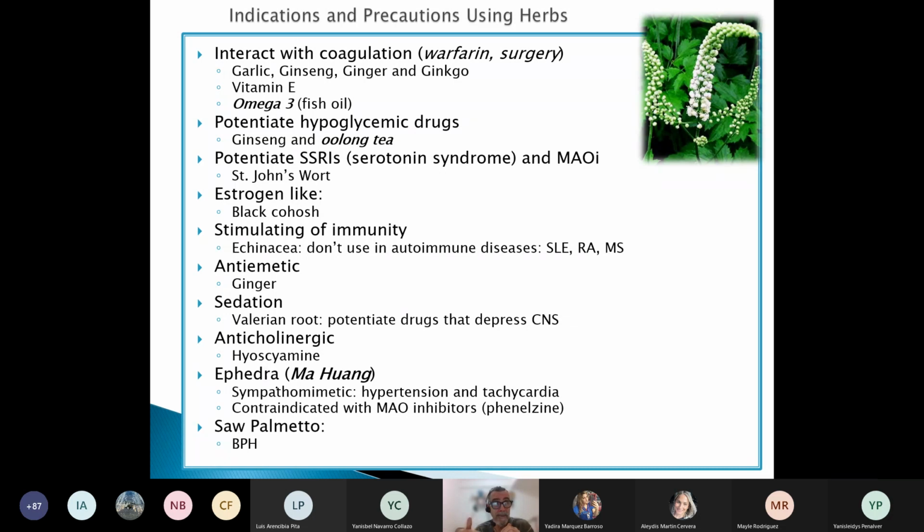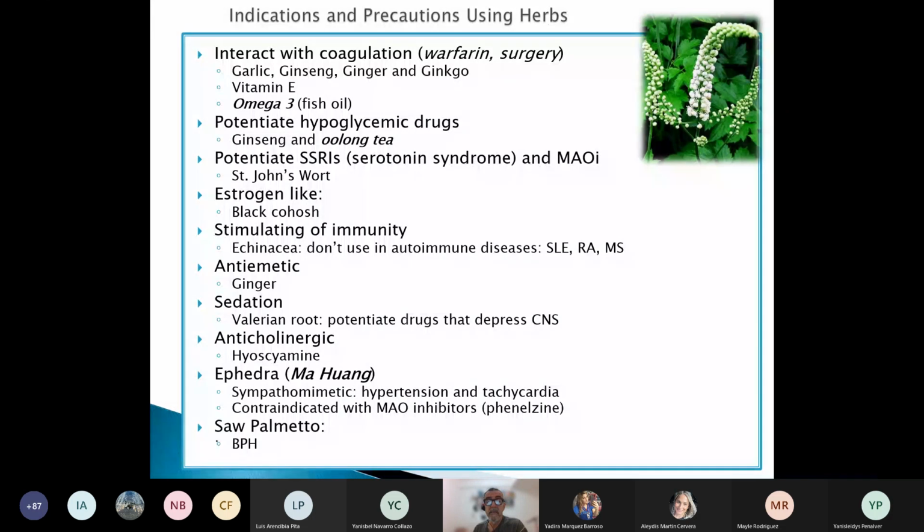It's a sympathomimetic medication. It's an adrenergic medication. It's in the family of adrenaline, used frequently for nasal congestion. And of course, we know that the medication can produce tachycardia and hypertension. And if you combine, for example, MAO inhibitors, monoamine oxidase inhibitors, like phenelzine, with ephedra, the patient can present a